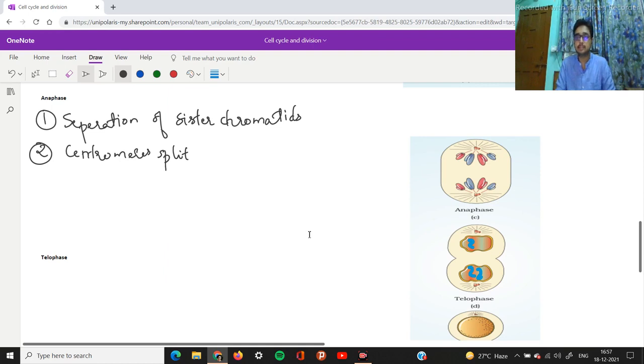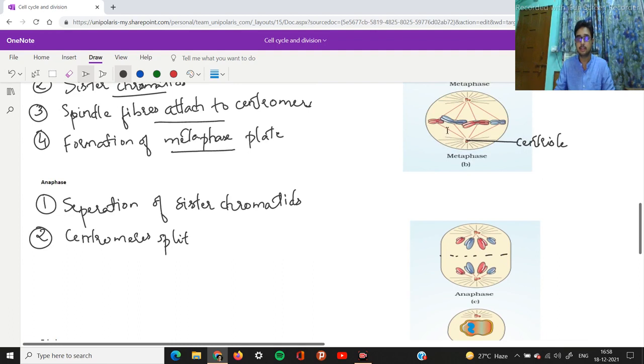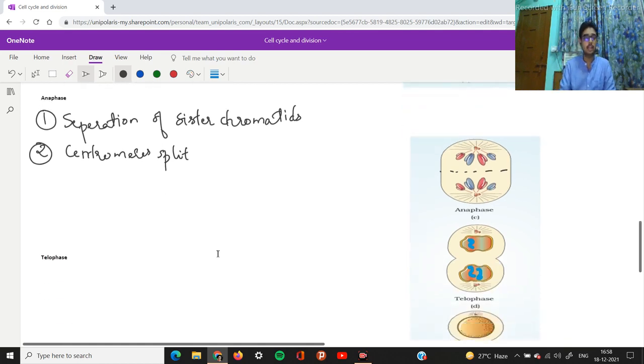See, the centromeres are being carried away by the spindle fibers, and they are facing the poles, and the arms of each of these chromosomes are trailing behind them. This is the middle of the cell, and from the middle they have started going towards the poles already. They were along the metaphase plate here, and now they have started traveling to the poles due to the spindle fibers. The spindle fibers are pulling them to the poles. So the centromeres split, and this is the event that takes place in anaphase.